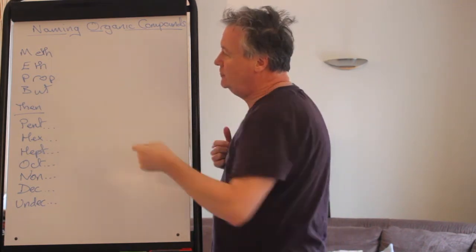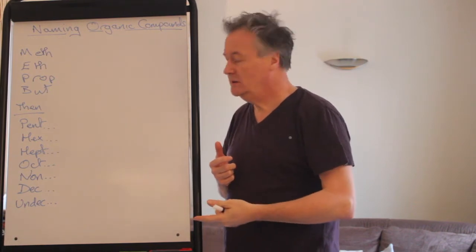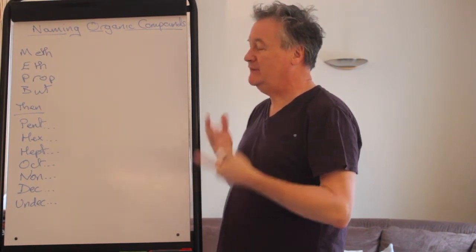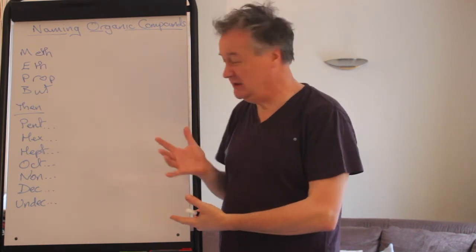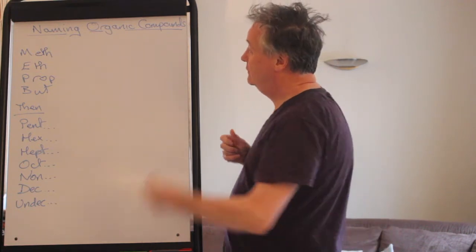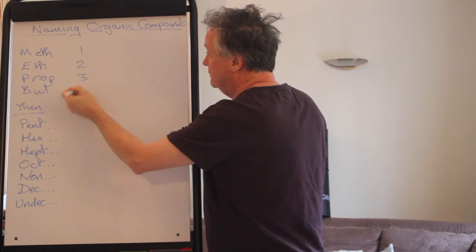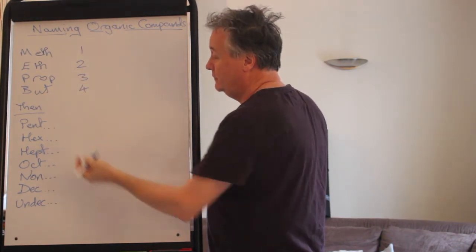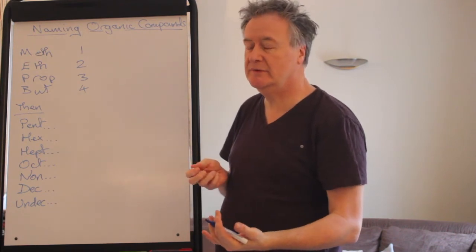And Meth, Eth, Prop, But, 1, 2, 3, 4. If you can't remember that, you're kind of setting yourself up to be stuck. And similarly with what comes after. So this is the longest chain count. 1, 2, 3, 4. Then you get into the things that you should be more familiar with because of